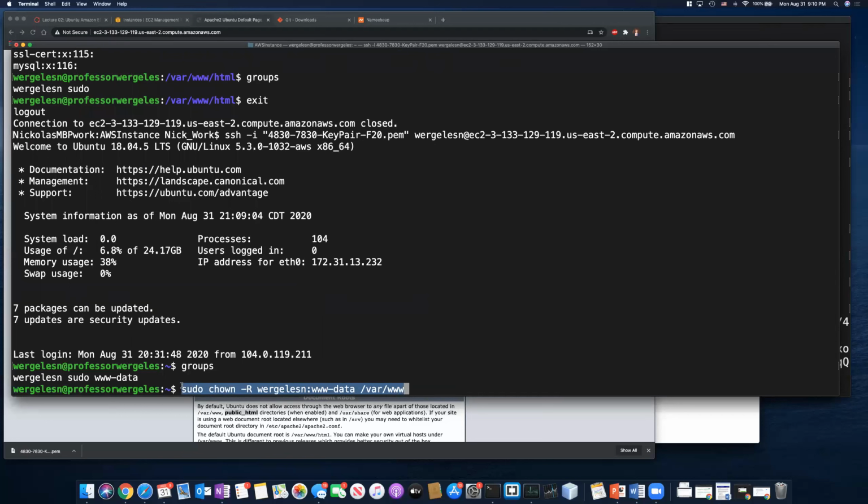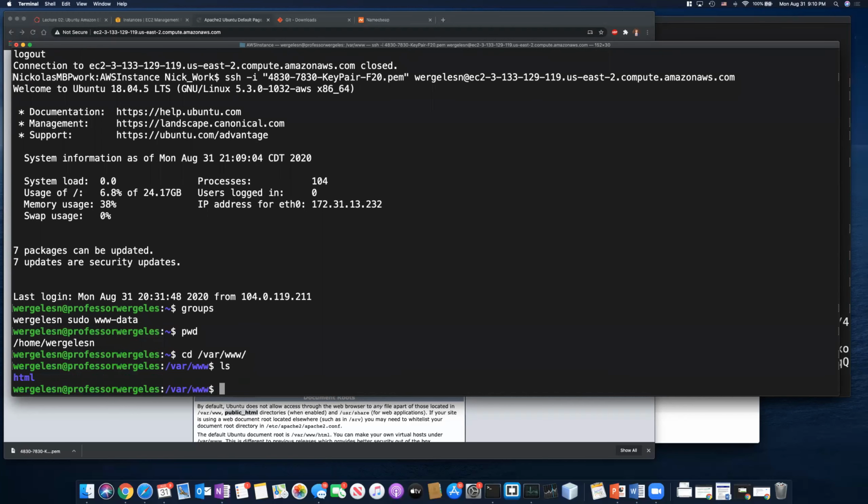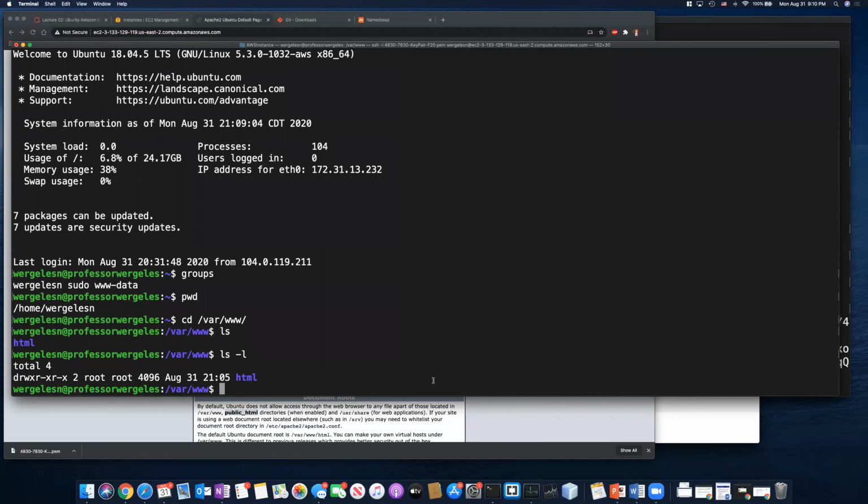So just real quick, let me copy this. You don't need to delete it. I'm just going to show you real quick. Right now I'm actually in my user directory. Let me go to the public HTML directory. You don't need to do this. So here's HTML. If I do ls -l, I just want to show you what the permissions are. For the HTML directory, it's root and root, and it's read, write, executable to the owner, read and executable to the group, read and executable to the world. So now when I run this command,